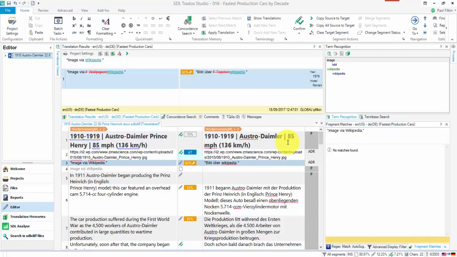I'm now come down to the third segment, and this time I'm getting a fuzzy match repair. Now the interesting thing here is if I look at the repair, if I hover over it, this will show me where the repair has come from, and it's coming from the term base that I just created. So it's taken the word for wallpaper that was previously translated. So it was an image via F wallpapers, translated as Bilderberg F Tapeton, and it's now been replaced with, or suggested replacement with the word Wikipedia, which is actually correct because that's actually what I want in here. So this has been a 100% correct correction of a 62% match, thanks to using this little project term base,